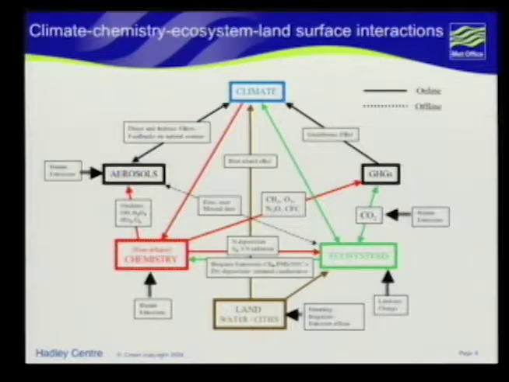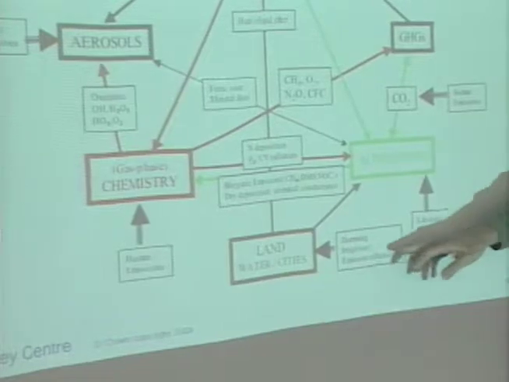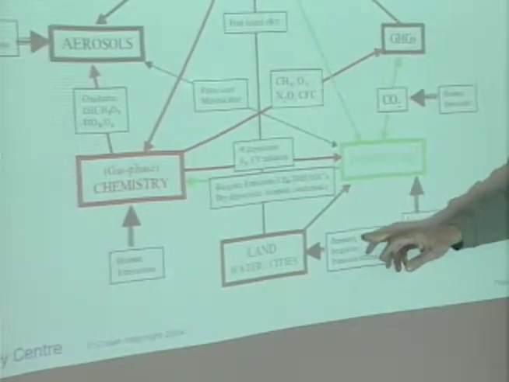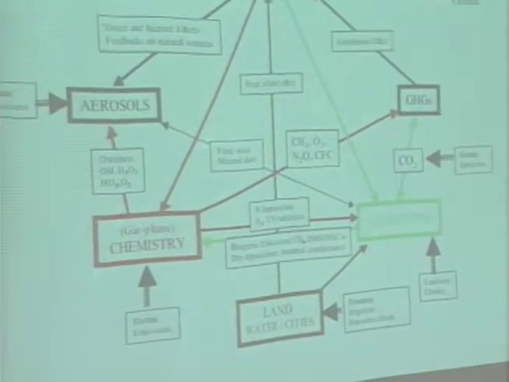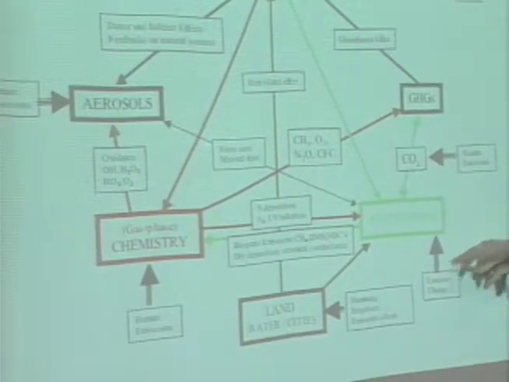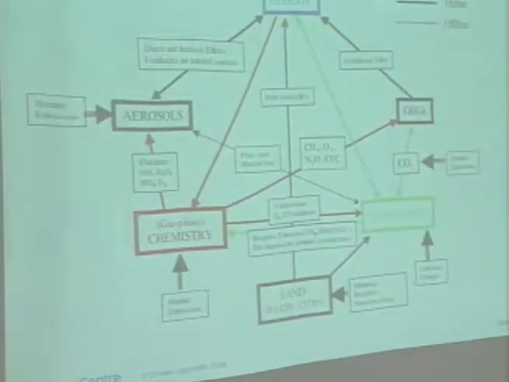Well, this is a slide Peter Cox has already shown. What I just want to point out is that we start to have this non-radiative forcing there as drivers to the system, and for instance irrigation, damming, so anthropogenic changes to the water cycle, land use changes, so that comes on top of the emissions which we've been having so far.